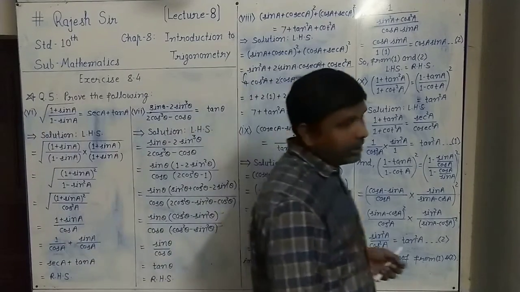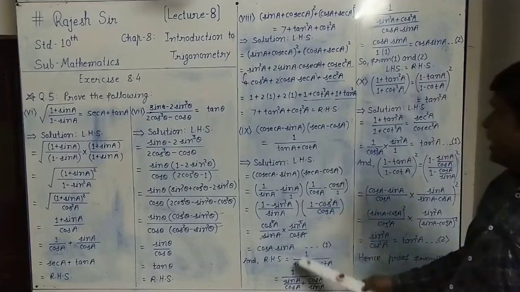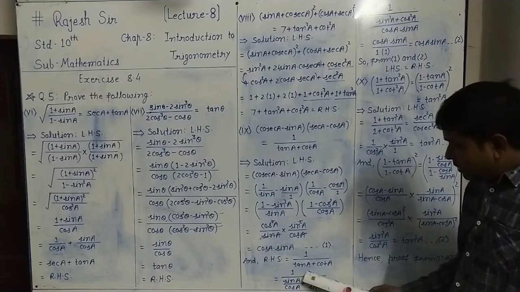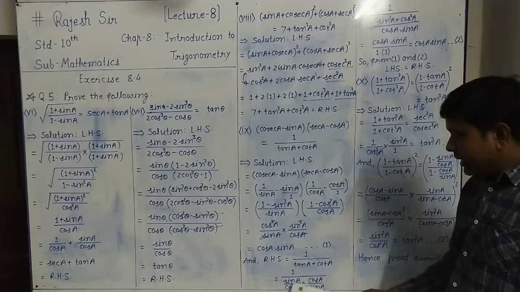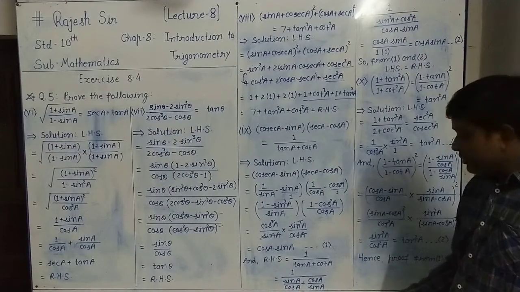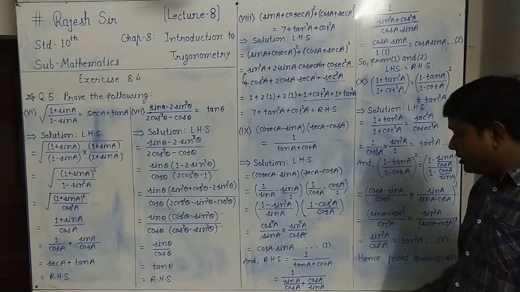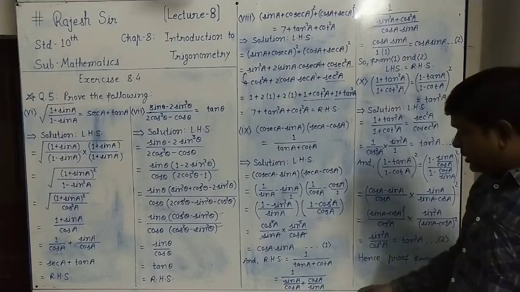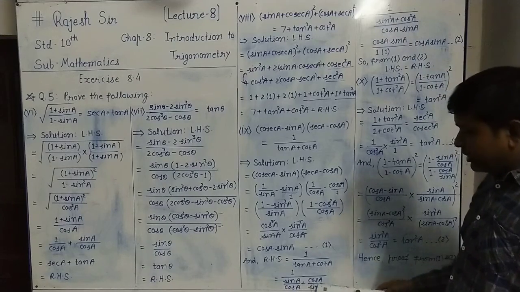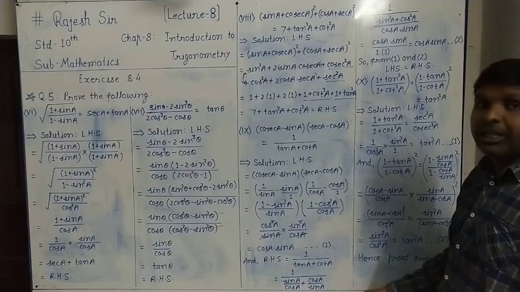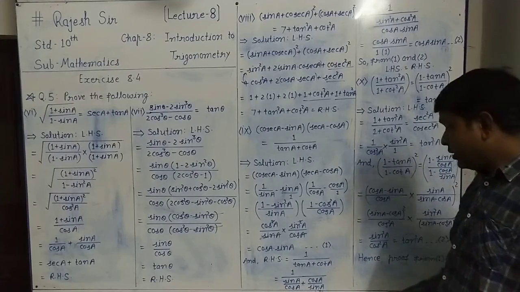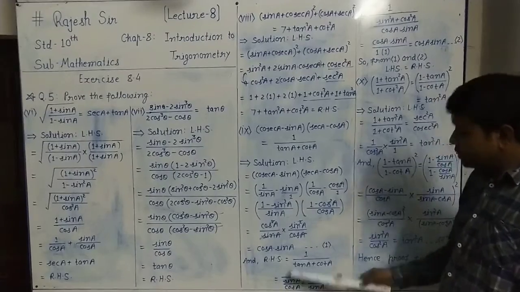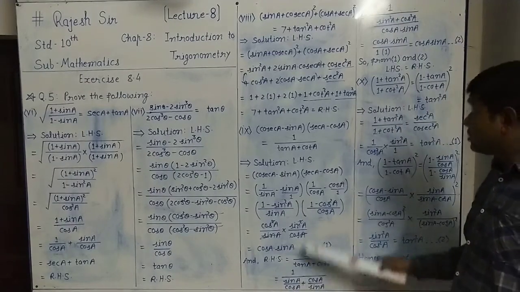Right hand side we take and simplify. The right hand side is 1 upon tan a plus cot a. So we can write 1 upon, inverse of tan a, sin a upon cos a, plus inverse of cot a, cos a upon sin a. So we have 1 upon this, and down there again we have fractions with addition, so we have to take the LCM. The LCM of cos a and sin a becomes cos a into sin a, and cross multiply: sin into sin square a plus cos into cos square a.